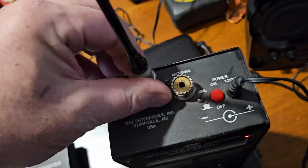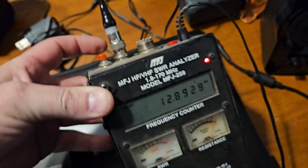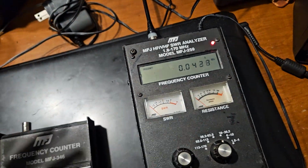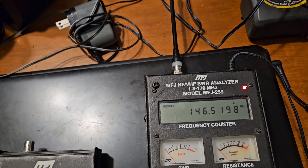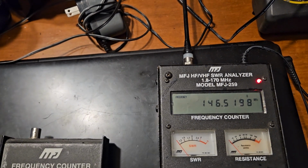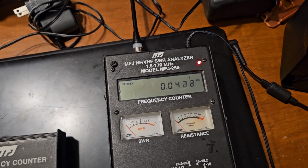Let's go ahead and hook this up now. So we would check the input and the gate right here. I think right now we're just set up to read frequency. And see, it doesn't read the same as the other one. If you're doing an alignment on the radio, that would kind of be a problem, because it's off by a bit. When we change the gate here,